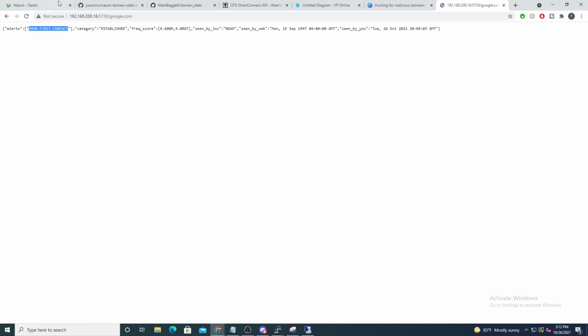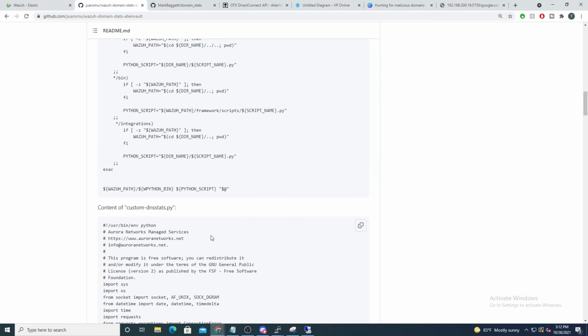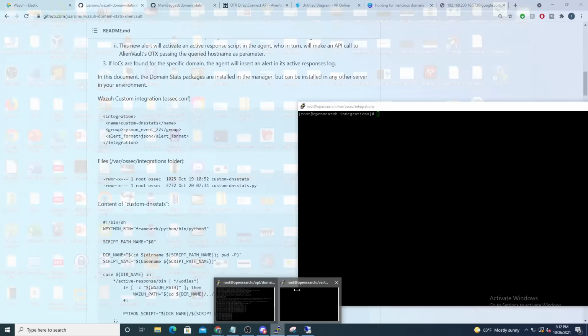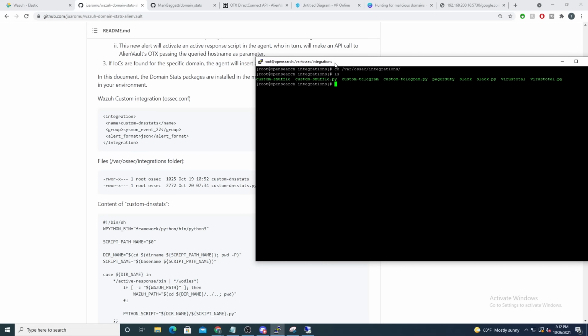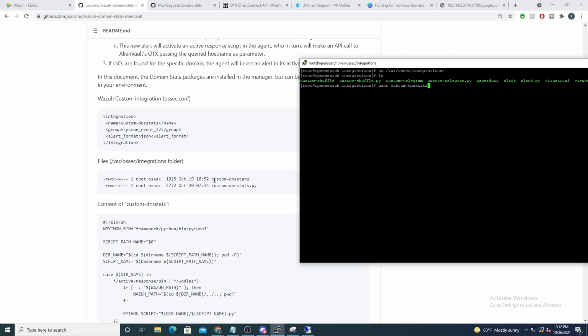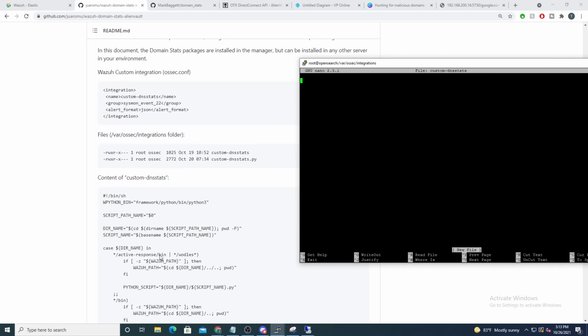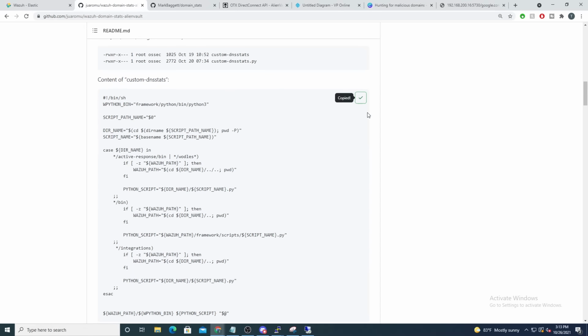So if we jump onto our Wazuh manager here, we need to configure a custom integration. So if I cd into var ossec integrations and list this out, you'll see some of our previous custom integrations done, but we'll need to first create our custom DNS stats, and I'm copying the same names that Juan specified in his repo. So DNS stats, and we will copy this block here, which is essentially our Python wrapper,